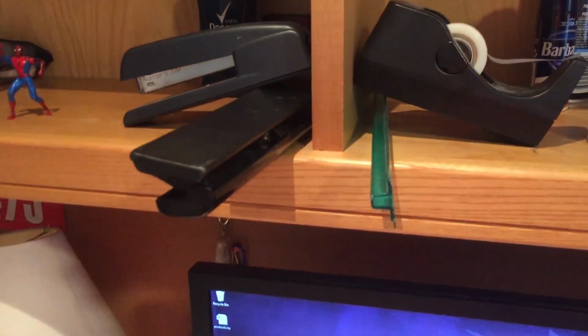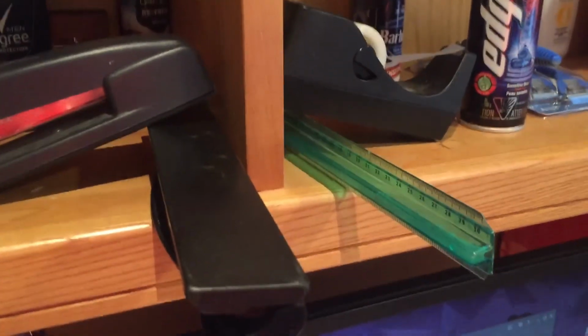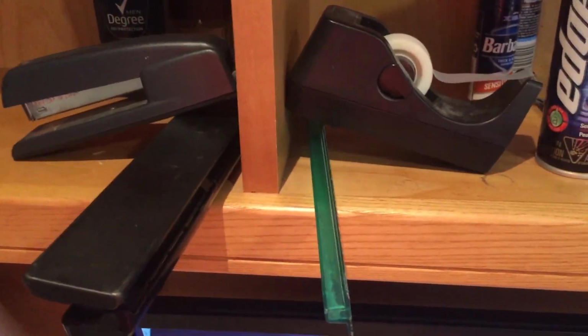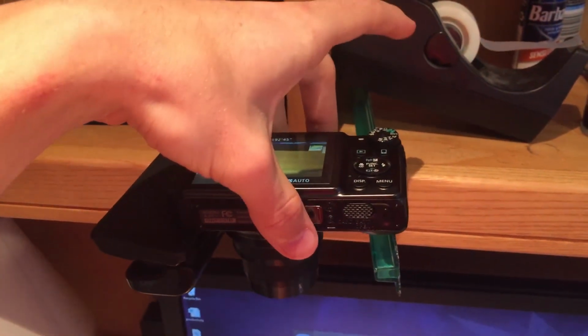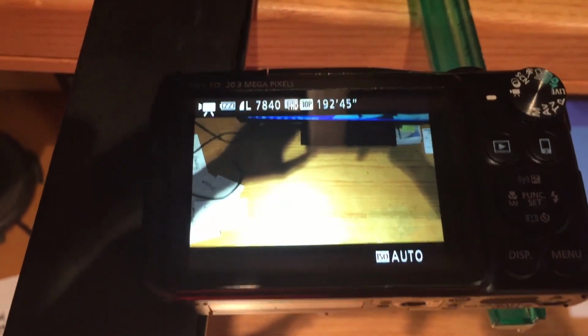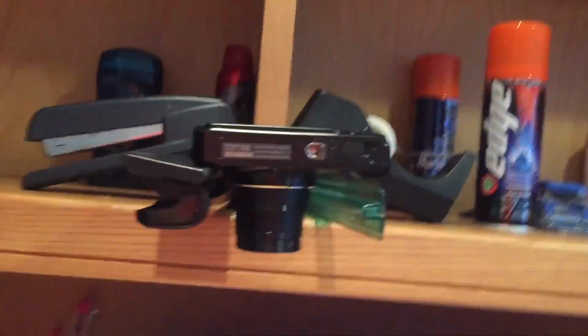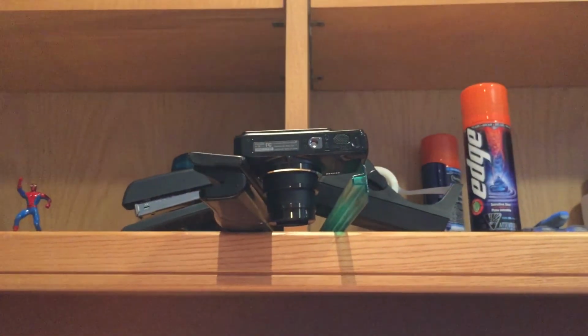By the way, if you're wondering how I got the shot for this video, I used a hole puncher and a ruler, and I weighed them down with a stapler and a tape dispenser, and I put the camera down like so you could get a proper view, get a proper overshot here. So anyways, all things considered, I'm glad that this apparatus actually worked out for me.